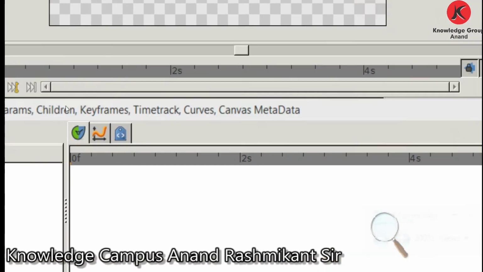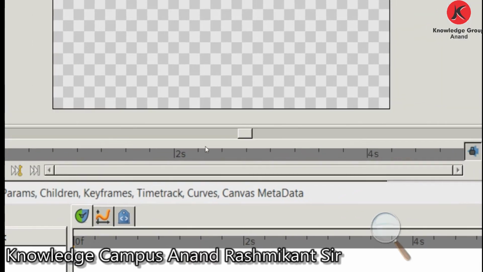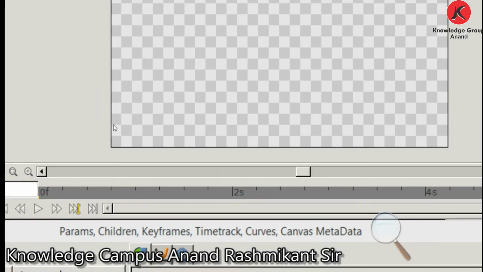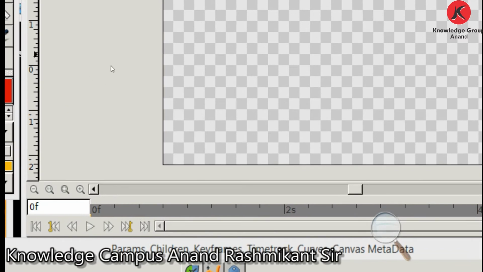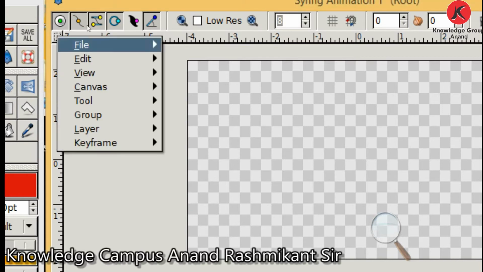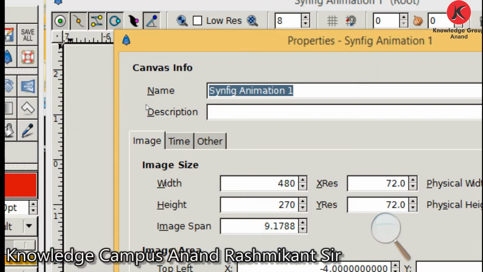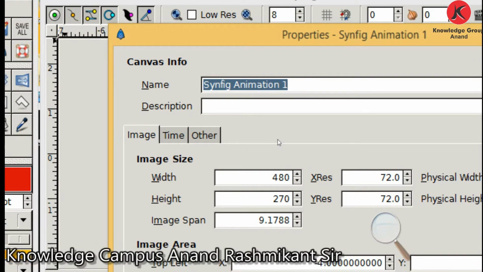You can see here this is a timeline and it shows 5 seconds, but we want to create an animation of 2 seconds. So select canvas and choose edit and then select the properties option. When you click on the properties option, you can see the properties dialog box.